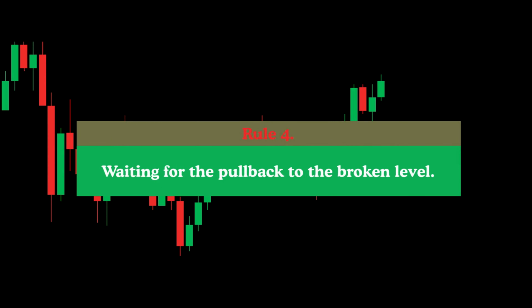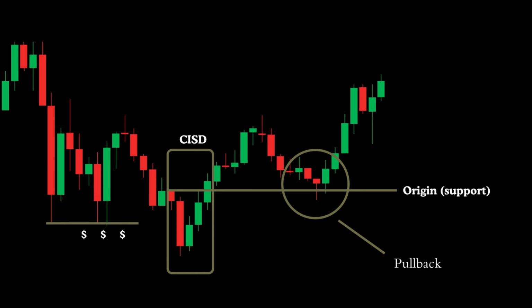Rule number 4. Waiting for the pullback to the broken level. After the price breaks through the origin point, it becomes essential to wait for a proper retest. This pullback acts as confirmation that the previous level has officially flipped, turning from support into resistance in a bearish setup, or resistance into support in a bullish setup. Executing your trade during this retest not only improves your risk-to-reward ratio but also increases the probability that the reversal